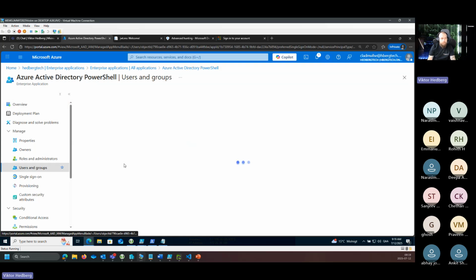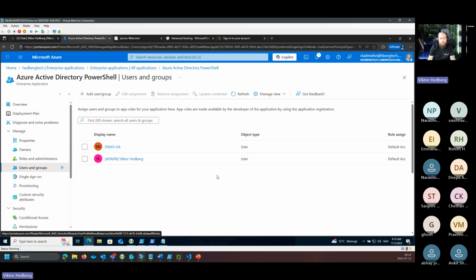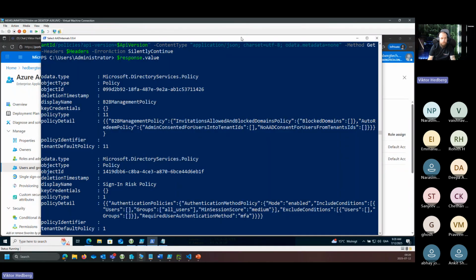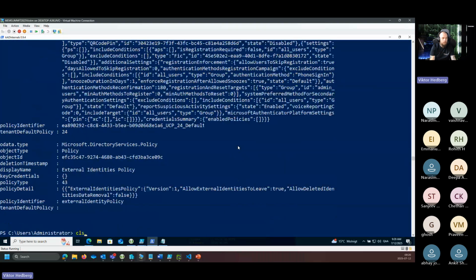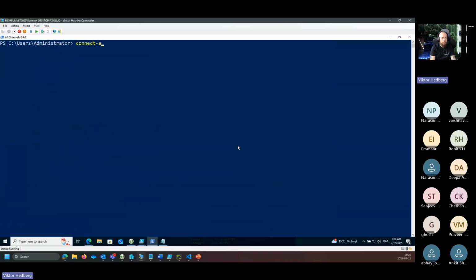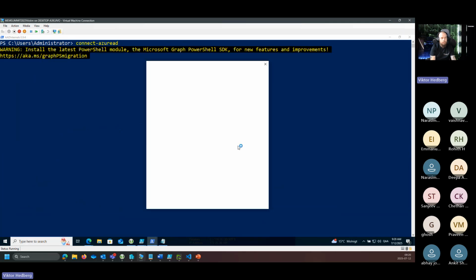And since it is now registered in my tenant, I can actually add and remove people from this particular application. So you can see here that it only allows my admin account and another demo admin account to log in to Azure AD PowerShell. So if we actually try to log in via the Connect-AzureAD cmdlet using my regular user account,